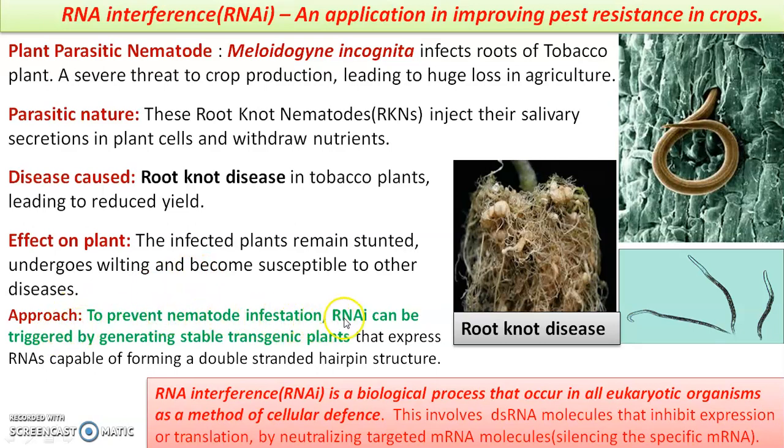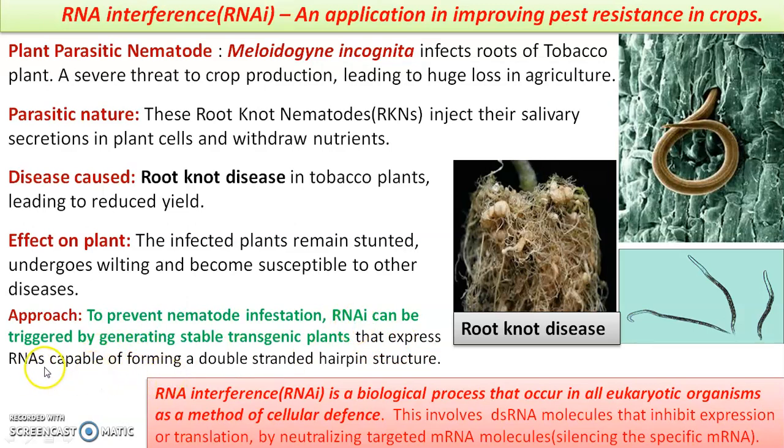The best approach found is RNA interference. I stands for interference. This RNA interference can be triggered by generating transgenic plants, by incorporating genes in them, which would trigger RNA interference. We will discuss what it is in detail. So when this is triggered,